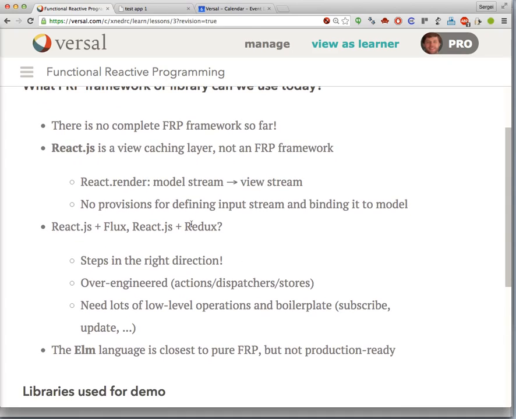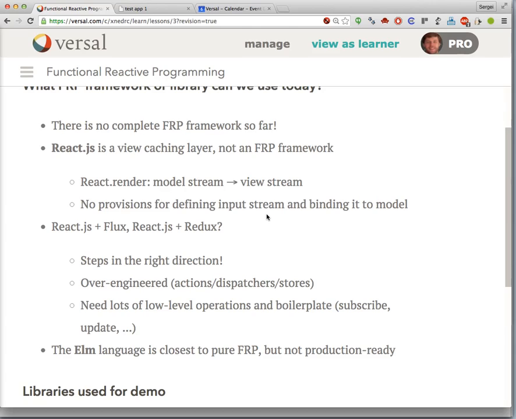So what they do is they create a model and they give you a way of listening to updates to the model, so that from the model you get the view stream, and then it also gives you a way of sending updates to the model back from the view stream after some clicks or other input events. It does not separate the input stream as a separate entity cleanly, but it allows you to do pretty much